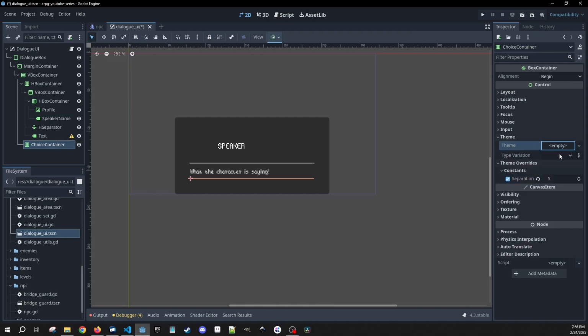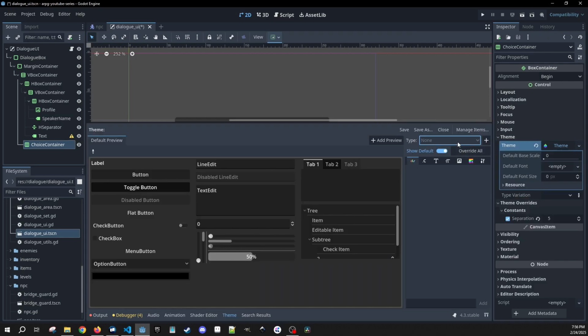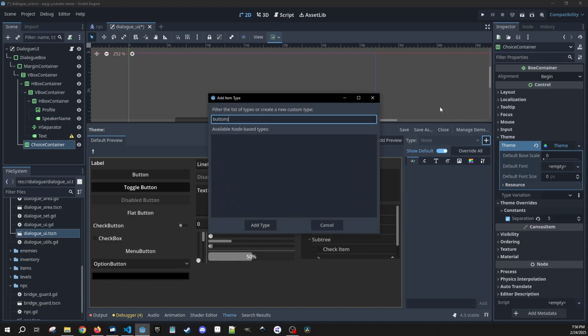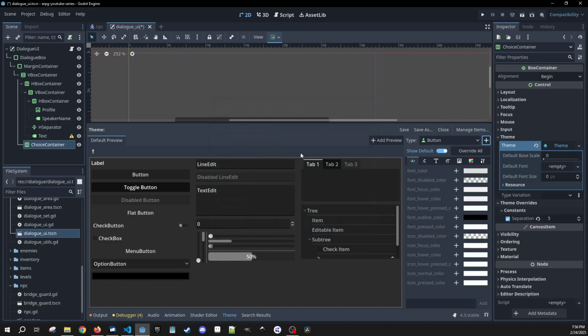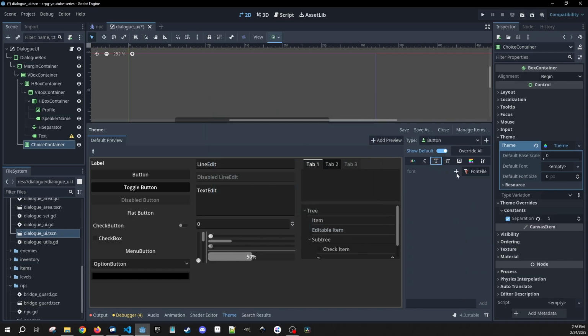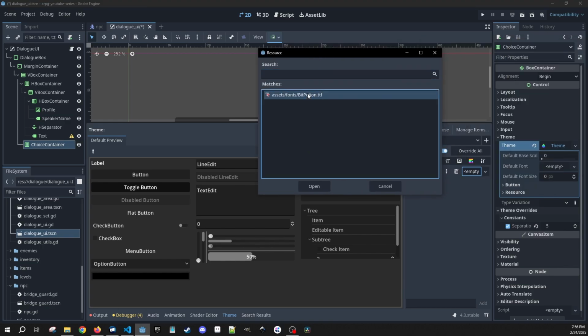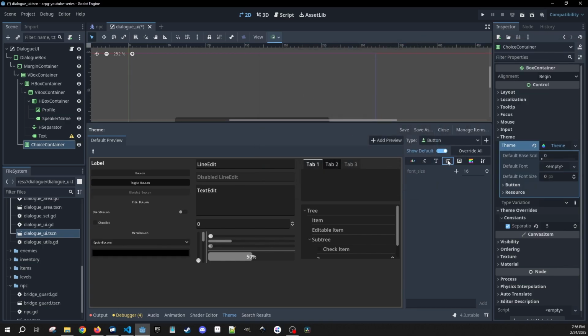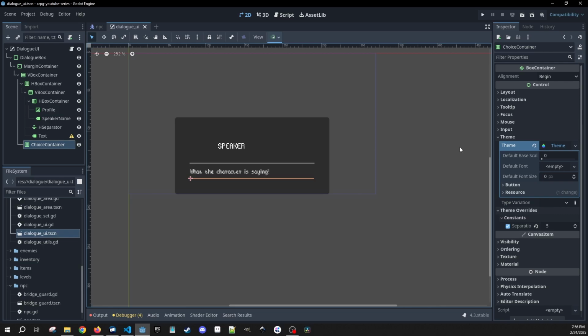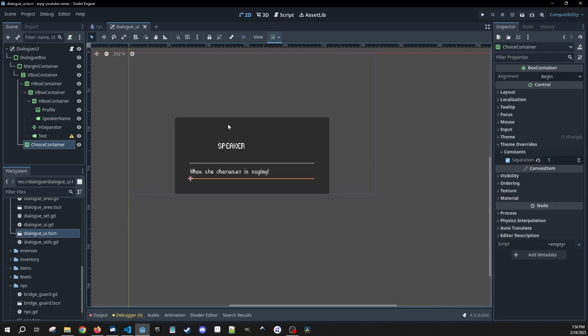And then in the theme, we want to create a new theme. And what we want to override are the buttons here. We're going to go to the text. We're just going to add our existing font file here, which is going to be this Bitpotion. And then in the text size, I do want to make sure that we are at 16 here. So let's save that. We can close that, and that's all we're going to have to do visually here in